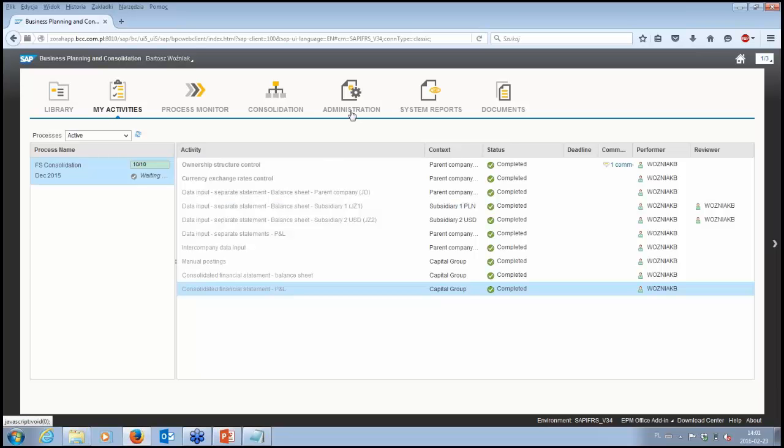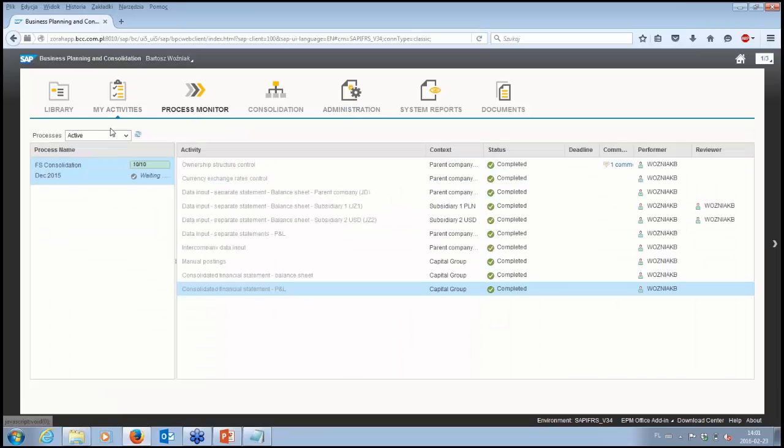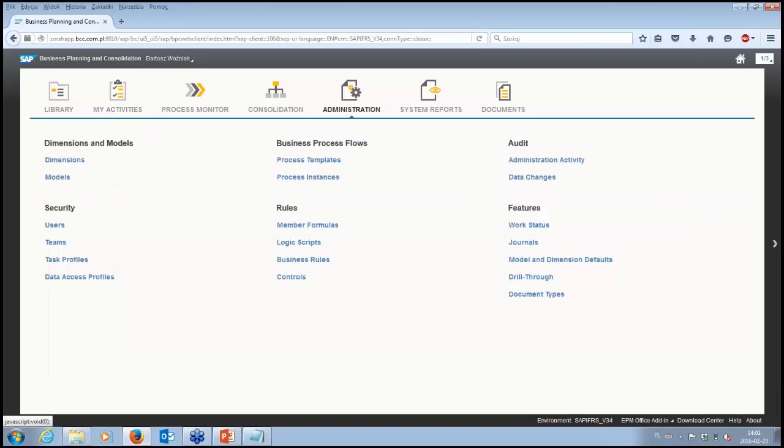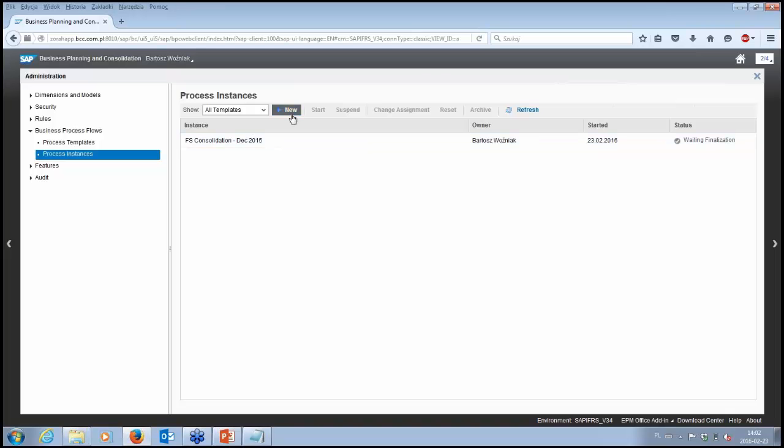I will just show you quickly how you can create this. So we usually prepare some kind of process template, which describes specific steps. But if you want to arrange an actual task instance, you simply go and create a new one.